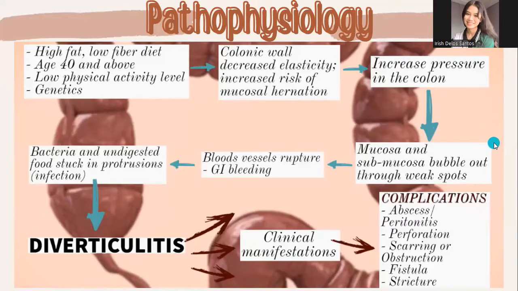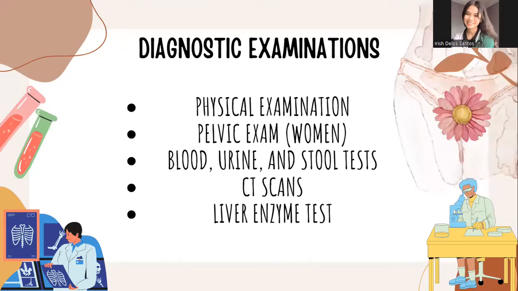Next, for the diagnostic examinations, first, we have the physical examination. Diverticulitis can present with a range of physical findings mirroring the severity of the inflammation and the presence of complications, including the localized abdominal tenderness, the abdominal distension, the tympanic abdomen to percussion, a tender mass that signifies abscess formation,